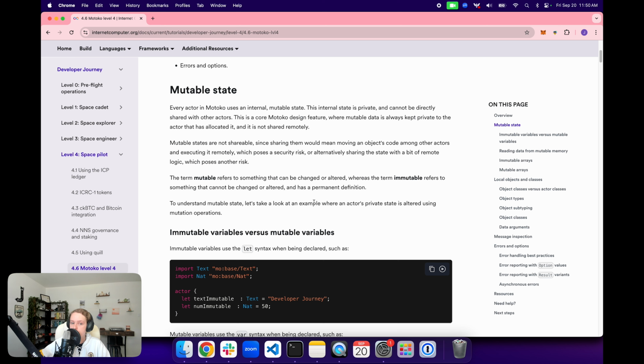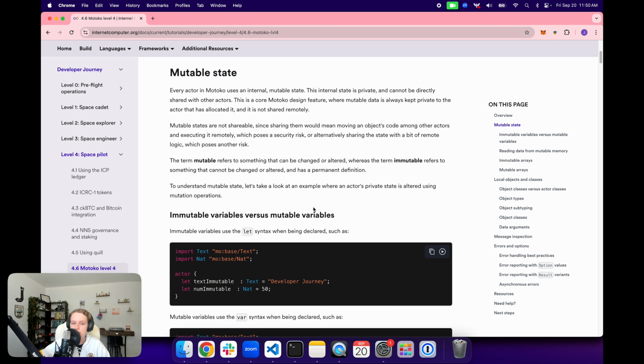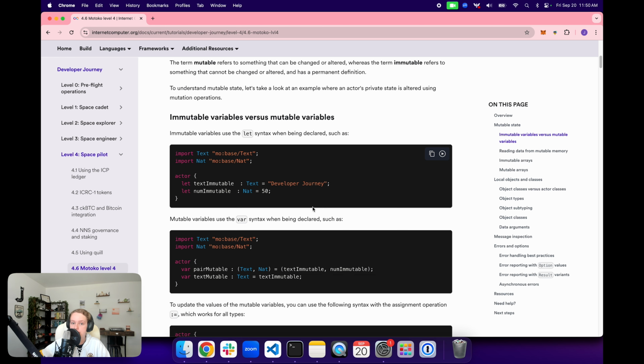The term mutable refers to something that can be changed or altered, and the term immutable refers to something that cannot be changed or altered. So let's take a look at the difference between mutable state and immutable state by looking at immutable variables versus mutable variables. In Motoko, an immutable variable, one that cannot be changed once it's been defined, uses the